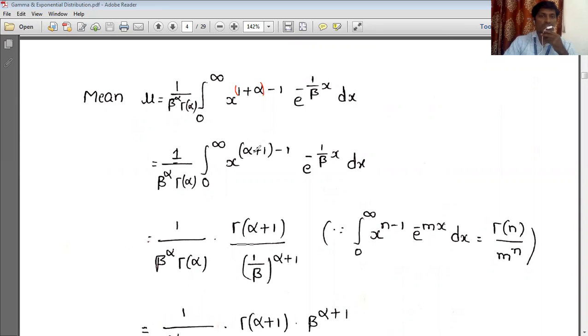For simplification we use the gamma function, which we did in an earlier problem: the integral from 0 to infinity of x power n minus 1, e power minus mx dx is equal to gamma n by m power n. This is the formula we are going to apply. If you compare this with that, in place of n here it is alpha plus